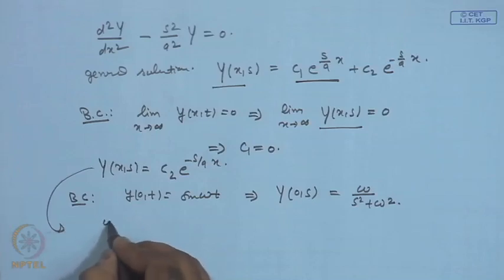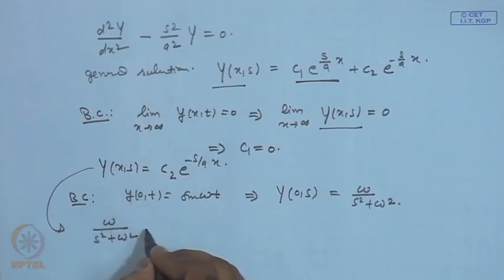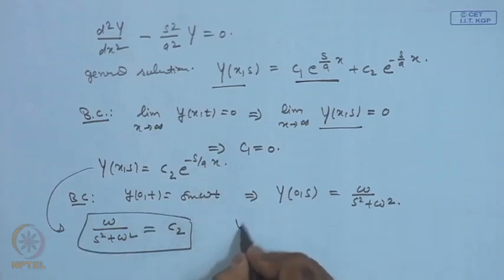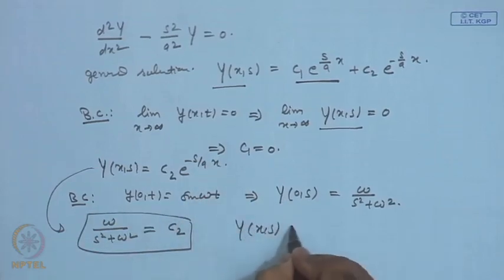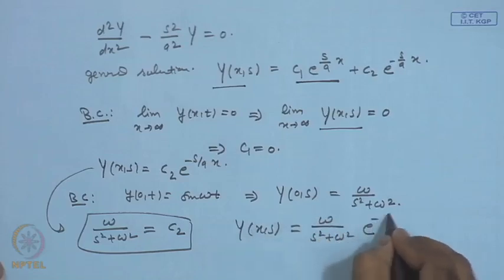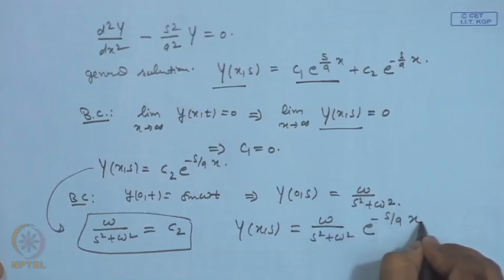So we get omega over s square plus omega square is C2, and this x is 0. So we have just this constant C2. So we get y(x,s) is omega over s square plus omega square e^(-s/a x),